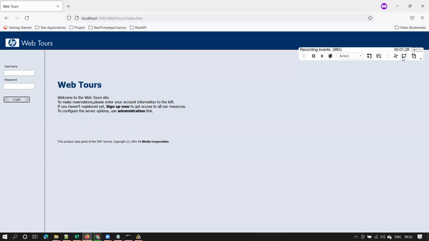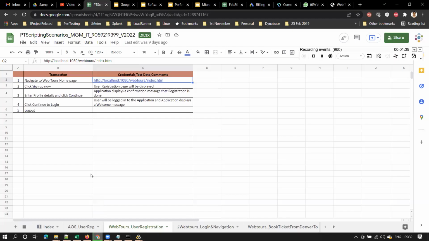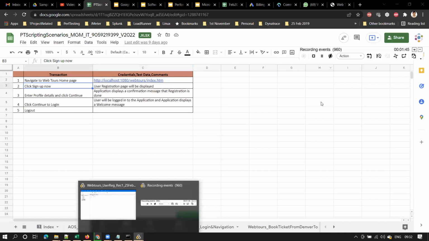Now go to the next step. So the second step is click sign up now. That is the second step. Click OK. You can see the same. You need not type it. You can copy paste from here. All right. Observe here, I opened Gmail in Chrome and I am using Firefox for recording. Or else you open Gmail in Firefox and use Chrome for recording. Anything is fine. Clear, guys?